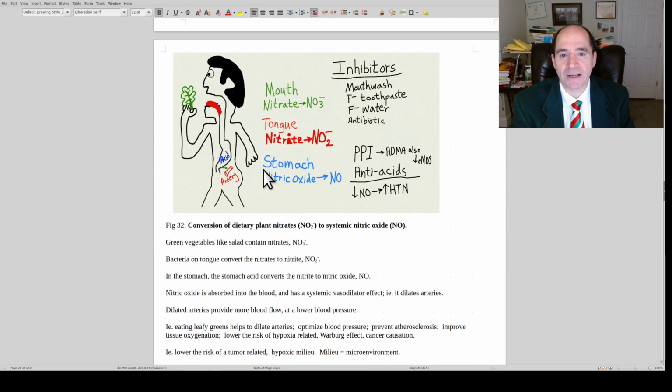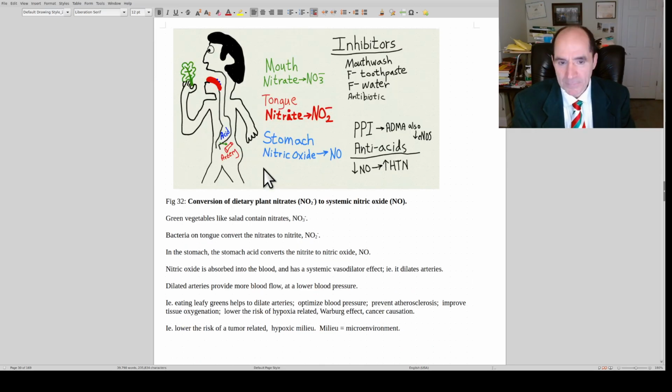Sunshine gives you more nitric oxide. This right here is a picture of what happens when you eat a plant food, let's say a piece of salad. It contains nitrates, NO3, all right? And then they are metabolized by the bacteria on the back of your tongue, and that converts them into nitrites, NO2, okay? And then they go down to your stomach with the stomach acid, and they're converted into nitric oxide,